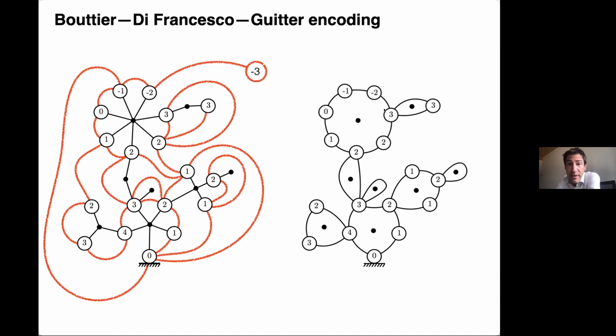And remember that the label process in a given face, if you shift it by an additive constant, is just a random walk that can do positive jumps, but negative jumps of at most 1.